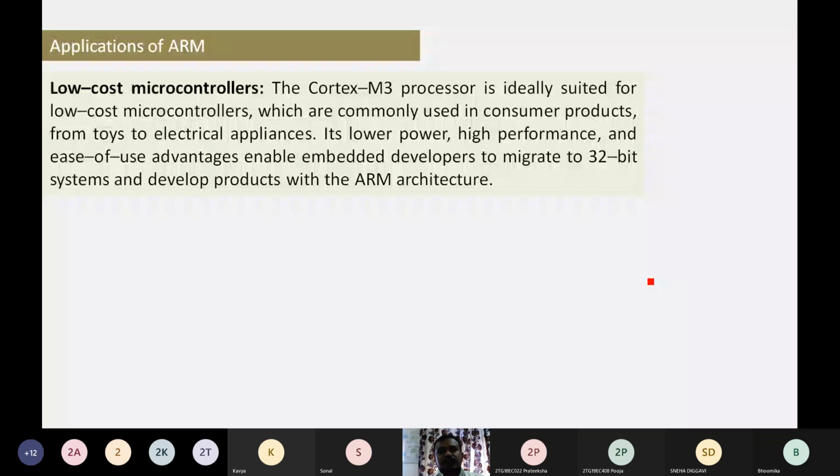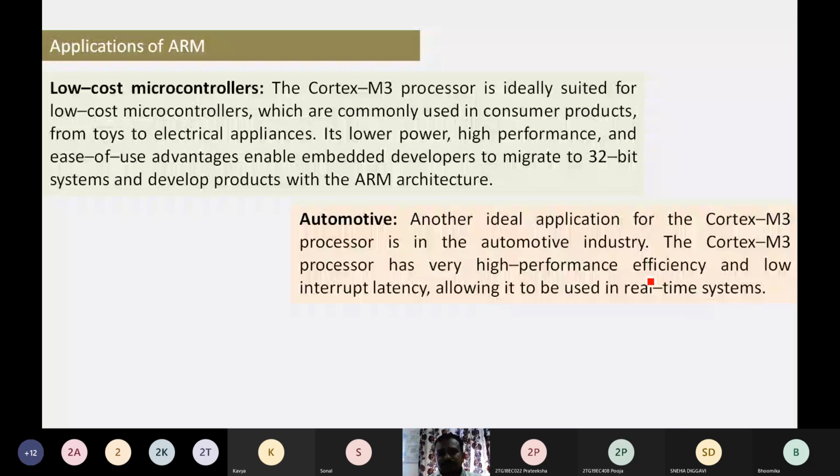So wherever we need controlling tasks in an embedded system, used in places where we require low-cost applications, there we can use this ARM Cortex M3 processor.